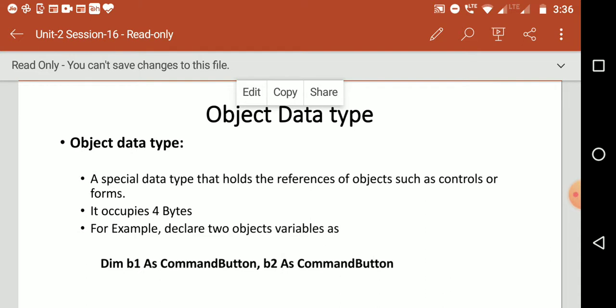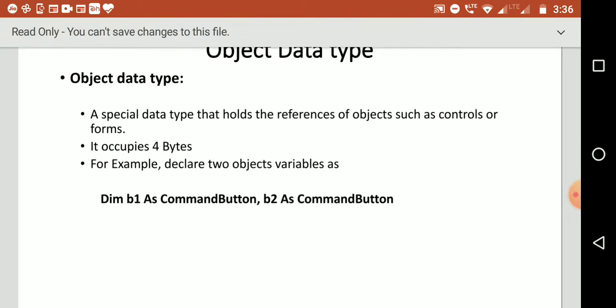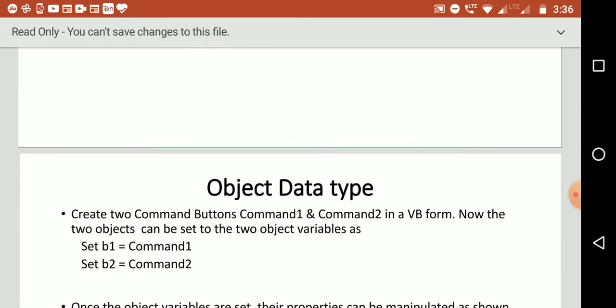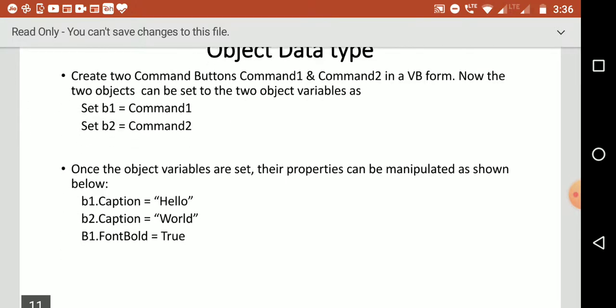So let's see how to declare an object data type. Here you are declaring two objects, B1 with object type command button, and one more object B2, also of type command button. So in this line you have declared two references to two command button controls, B1 and B2.